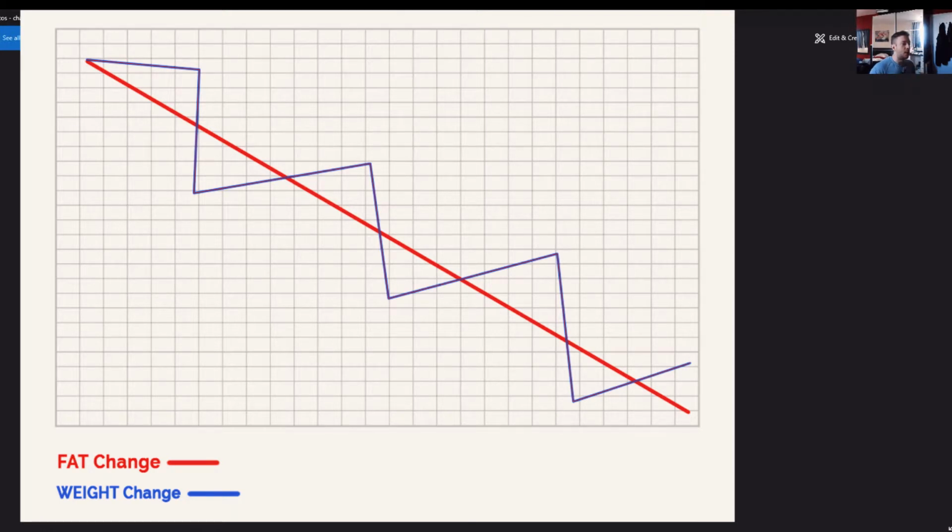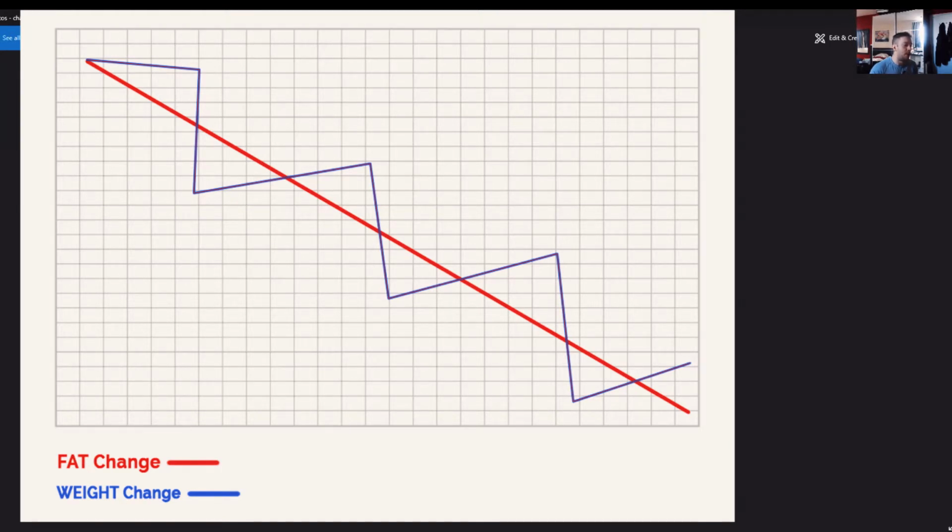Another way is to use a measurement method to take away any fat loss masking results. Like I said, your weight is your whole body. So we want to know if your weight's gone up, has your fat actually gone down? And again, you can't measure fat, but you can measure other things. So there are two ways I like to use to get around weight changes